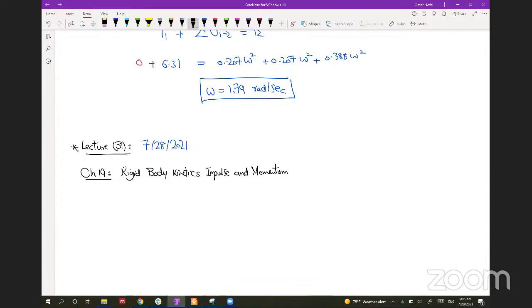All right, so today we are going to start chapter 19, which is the last chapter in the syllabus. This chapter is about the impulse and momentum of rigid bodies. And as we have been talking about impulse and momentum for particles, we were having something like,